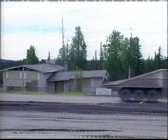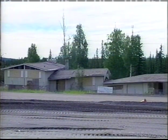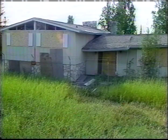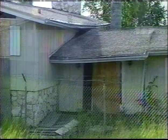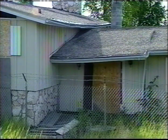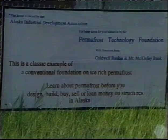None of us want a house that looks like this one. The proud builders of this house failed to do a permafrost investigation, and within a short time after completion, the owner's dream home became a nightmare. In interior Alaska, there is no way to tell for sure if your house is on non-thaw-stable permafrost without doing